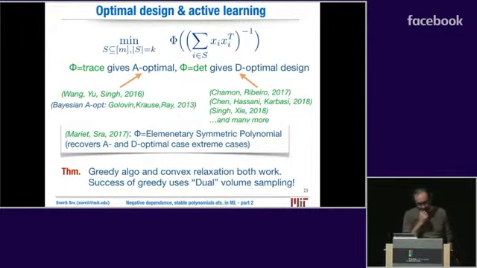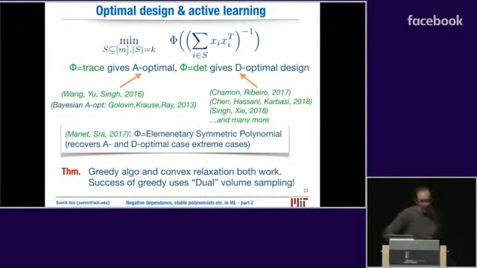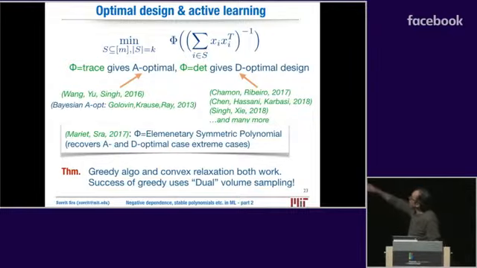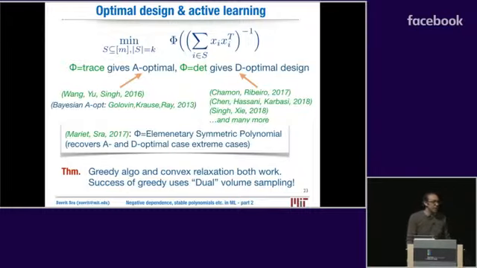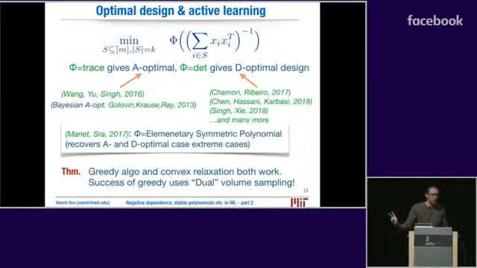So here it is simultaneously. If that scalarization function, that's what I'll call it, is the trace of that matrix, you get what is called A-optimal design. My guess is A is for average. If you take it to be the determinant, you get what is called D-optimal design. Both of these are combinatorial optimization problems, by the way. And recently,